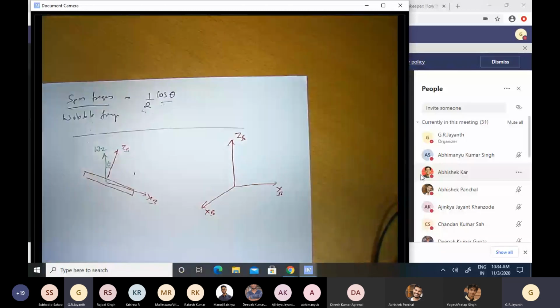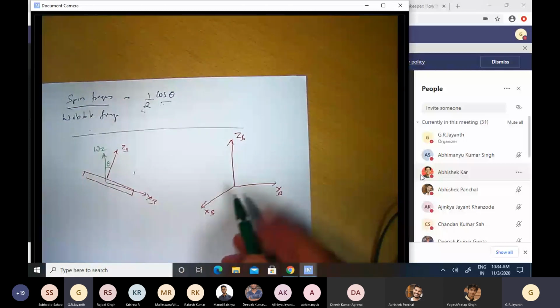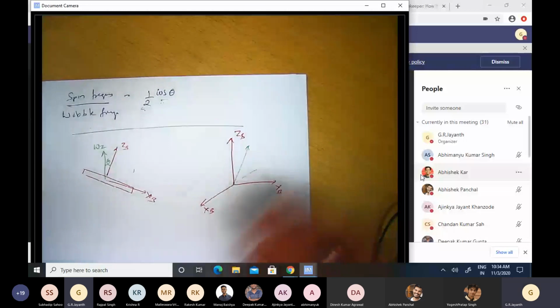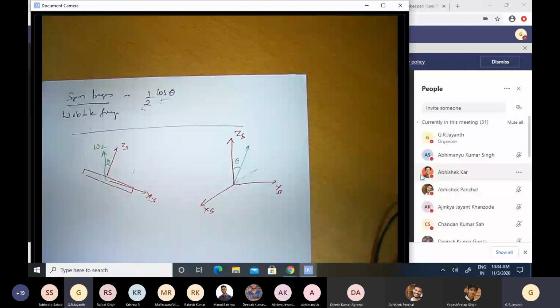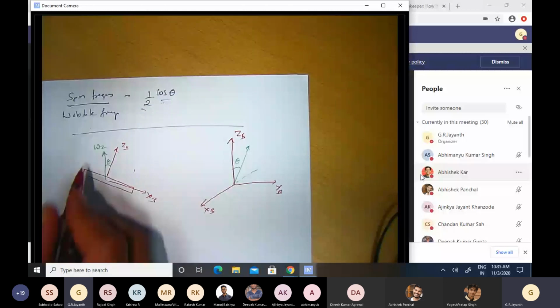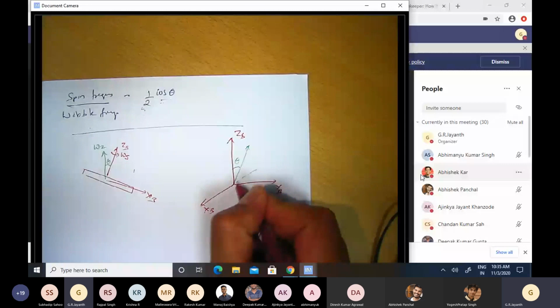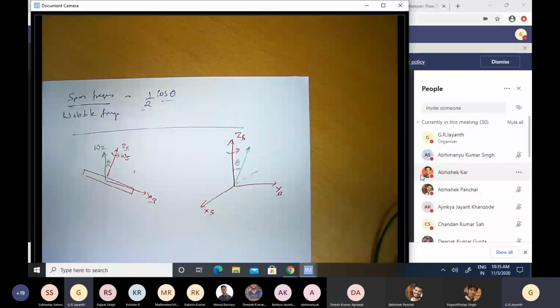So how would omega Z appear in this particular case? If I were to produce the X axis back, it will look something like this. It will have components along the ZB axis as well as the X axis. But you need to remember that the body frame is rotating with respect to the B1 frame at an angular velocity omega s. So this is actually a fixed vector in the B1 frame, but the B frame is itself rotating with respect to the B1 frame in the counterclockwise sense at a rate omega s.